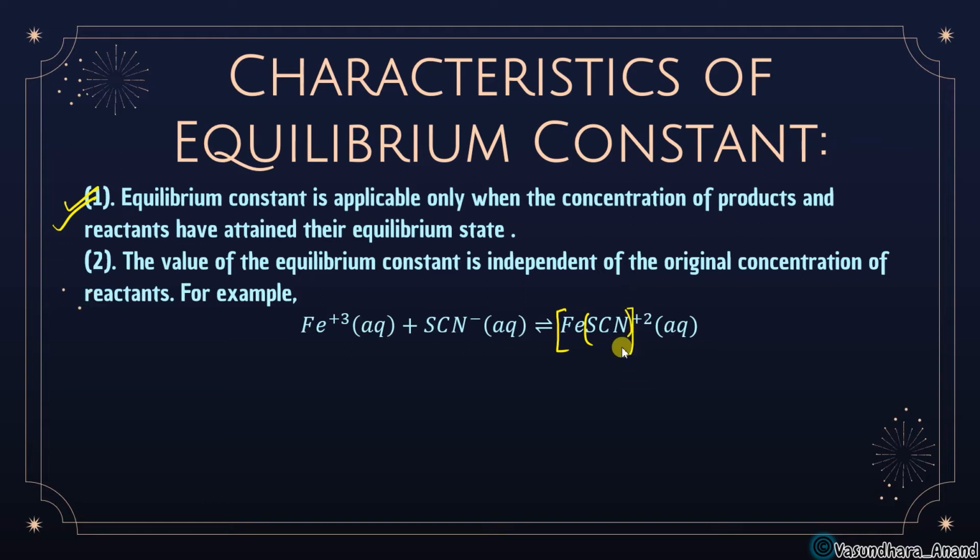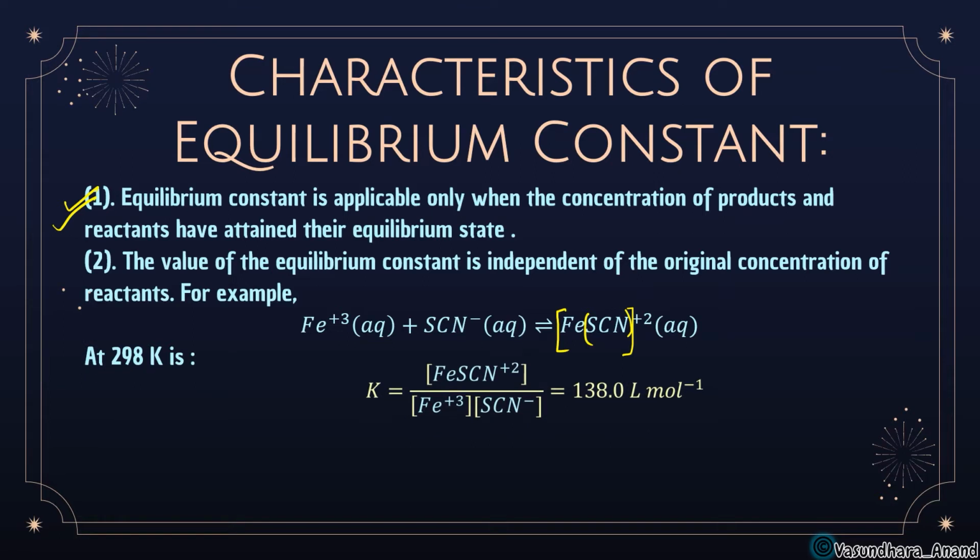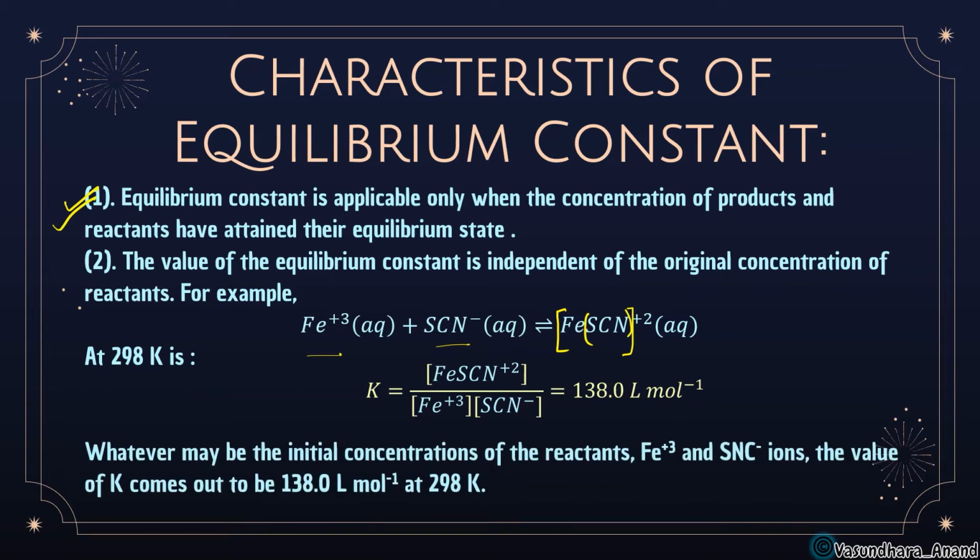Yes, so in this case, if we look at 298 Kelvin, what will happen here? We are taking K, the concentration of this upon concentration of this and concentration of this. So this is K equilibrium we are taking. Whatever the value is given on calculation, some value is given here, suppose. So that is the experimental value, that I have written over here. This is experimental, not to be learned. So this one is 138.0 liter per mole.